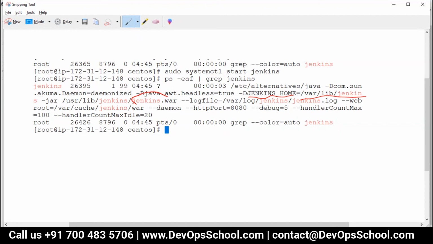This is the Jenkins software war file. The log file you will see here, and Jenkins runs with the Jenkins user, you see here. And finally, which web port, and debug level 5. So this is Jenkins.